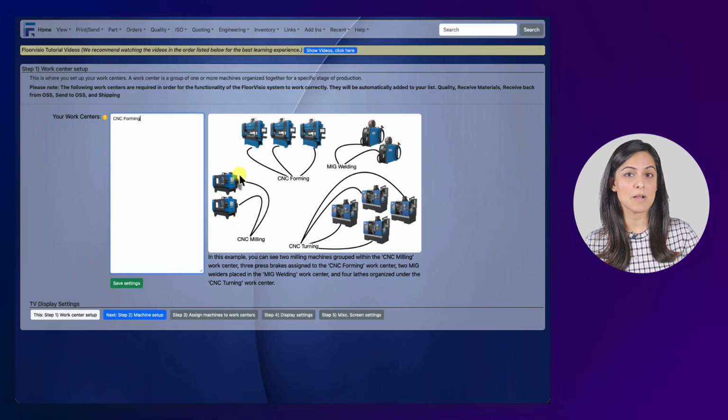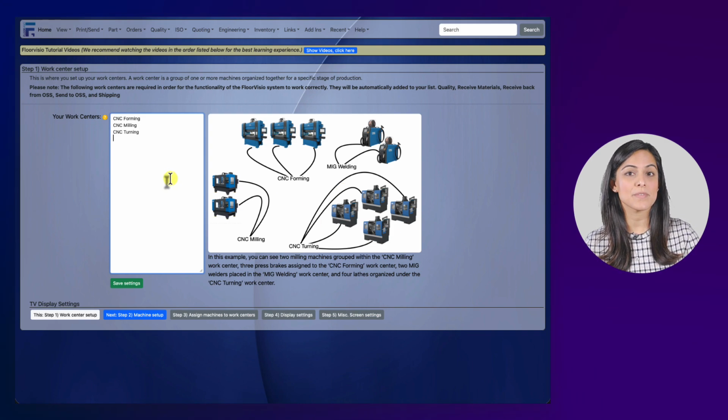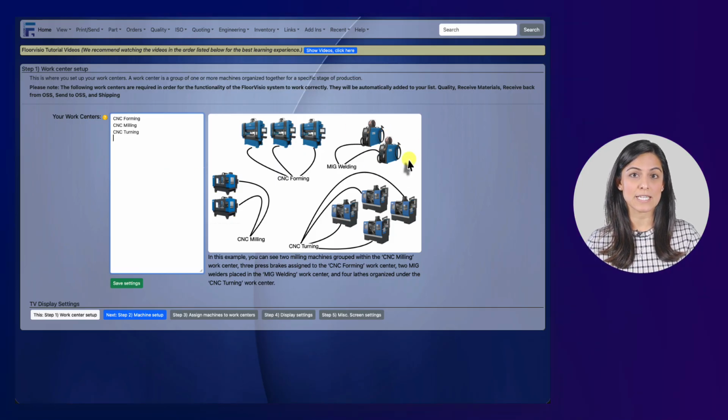And CNC milling might be these 2 milling machines, so we will add CNC milling. And then we have CNC turning with these 4 lathes. And finally, we have 2 MIG welding stations, and so we'll create a work center of MIG welding. You can add as many as you need for your system, but you want to group your machines into